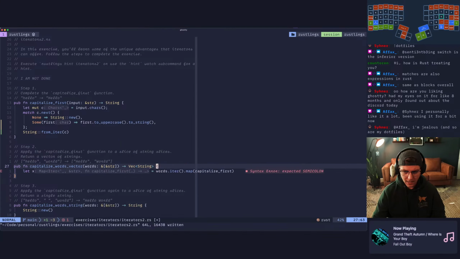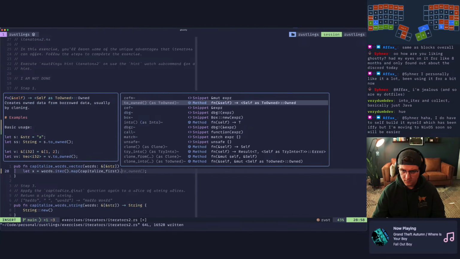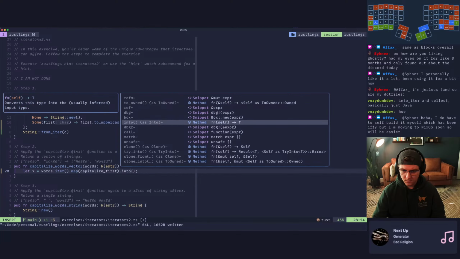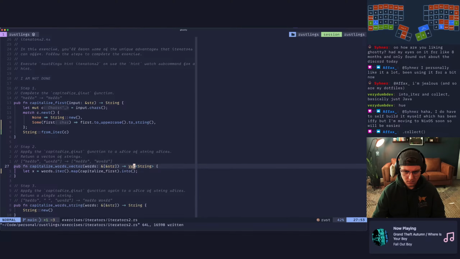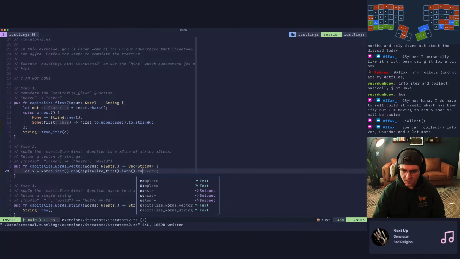So this gives me a map. I want to get it back to a vec. Is that all we need to do there? It's unknown. It wouldn't let me put collect there.